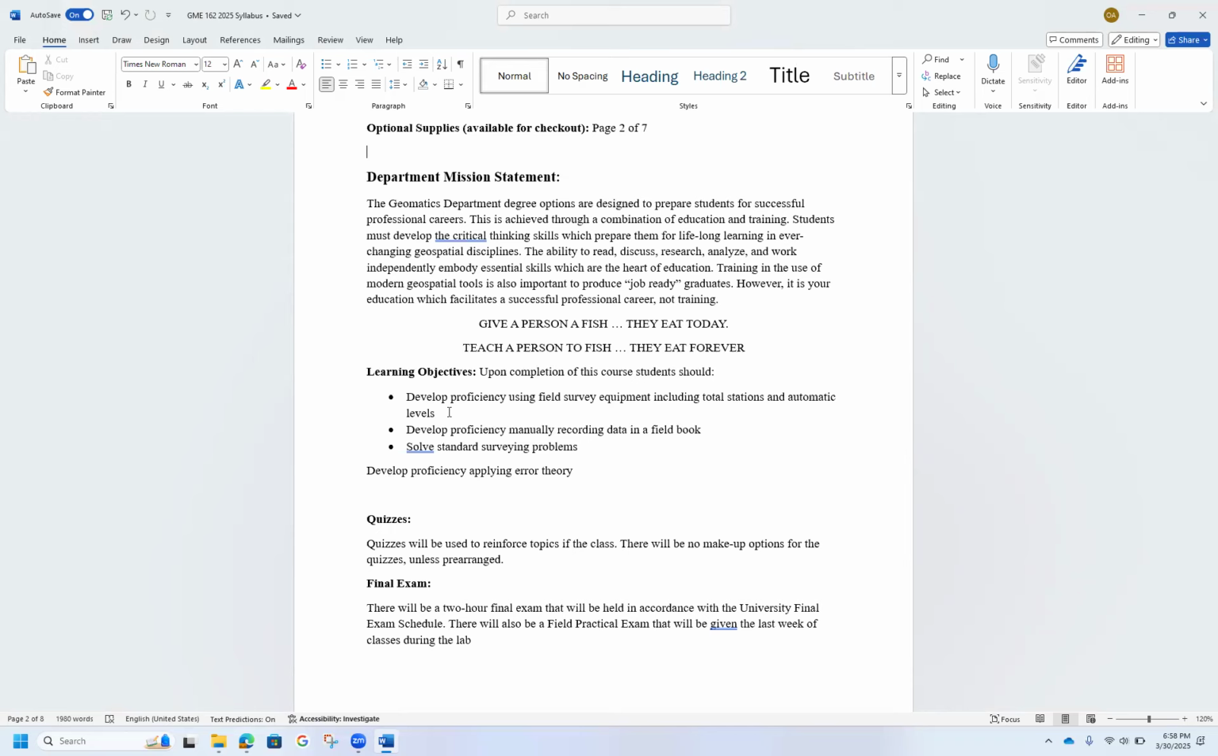Training in the use of modern geospatial tools is also important to produce job-ready graduates. However, it is your education which facilitates a successful professional career, not training. So, there's that saying: give a person a fish, they eat today, but if you teach a person how to fish, they eat forever. Jack Walker's strongest philosophy, and he always mentioned this, is